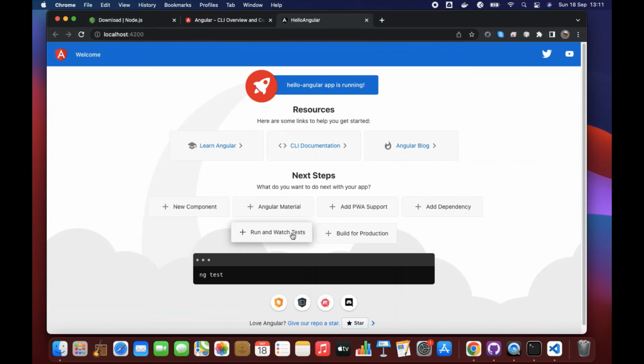But if you're building a simple small sort of application, you wouldn't need to go all the way implementing everything that is here, but it will come in handy at some point. You will see as we go along in the series, and then you can build for production using ng build, nothing fancy. And then continuing the learning curve, you want to click on some of these links and see the